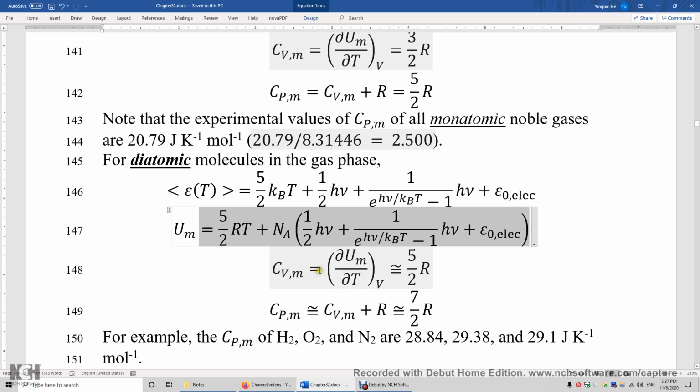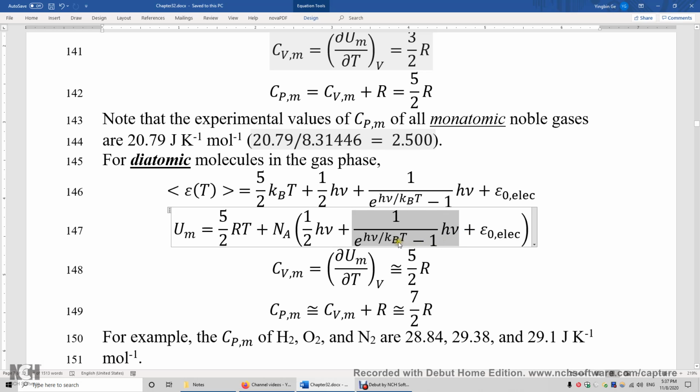CVM, again, is the first derivative of the molar internal energy with respect to temperature when the volume is held constant. Therefore, if we take the first derivative of the first term, it's 5/2 R. Over here, this does not depend on temperature. The ground electronic state energy does not depend on temperature. The third term over here, this does depend on temperature, but the dependence is very small, even at room